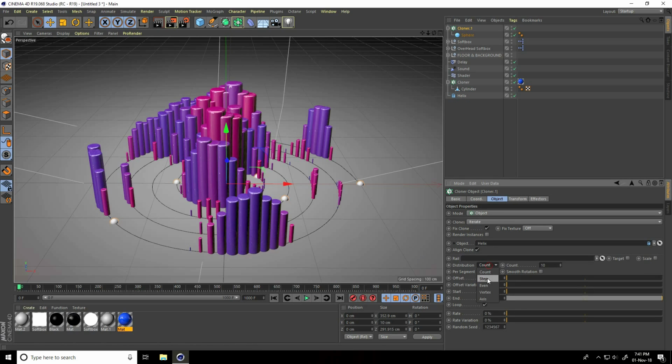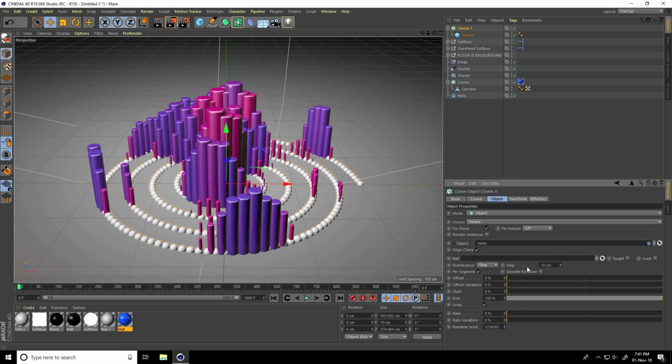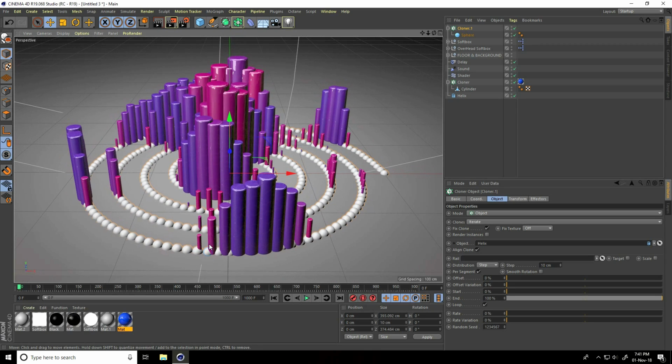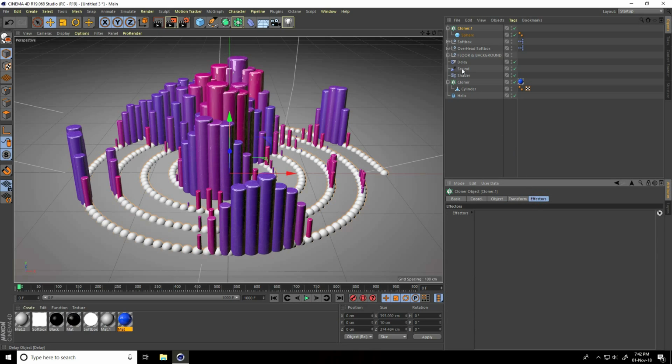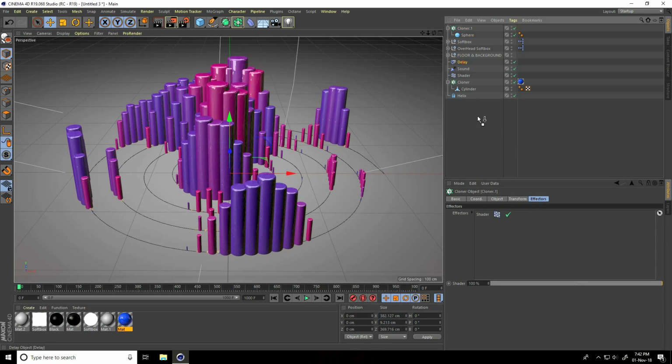And distribution, I take step and step take 10 and enter. Yes, great. And guys, select this cloner and I go to effector, apply all effectors, take shader, delay and third one sound. Yes.